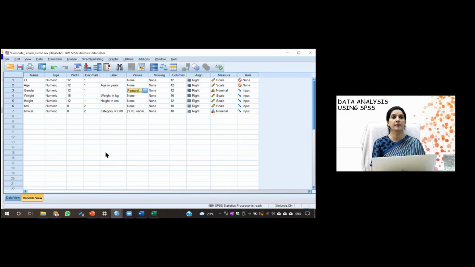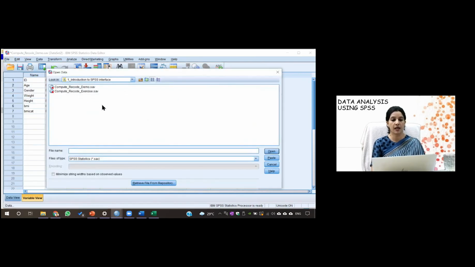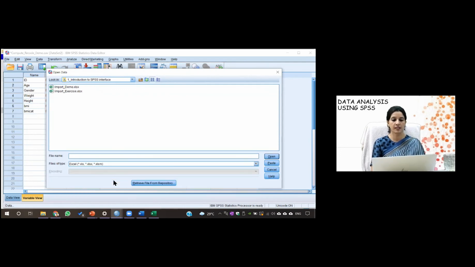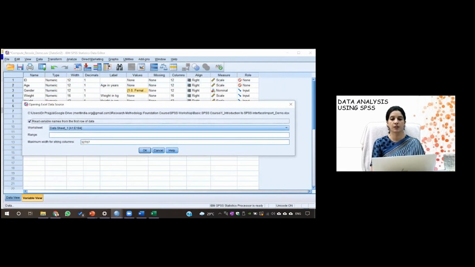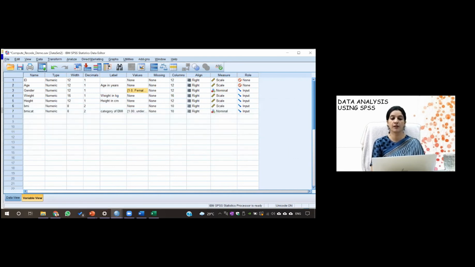Then what we did, we performed an action where we have imported the Excel sheet. So for that, use this option of File. Then there is the option of Open, go to the data, show this data as a path. Don't forget to change this file type, because if you change this file type, only then will it be visible. If you click this and open, it will give you the number of sheets. Which sheet do you want to import? Sheet 1, 2, and 3. Depending on that, you may select a sheet. You may press OK. So it will import the sheet.